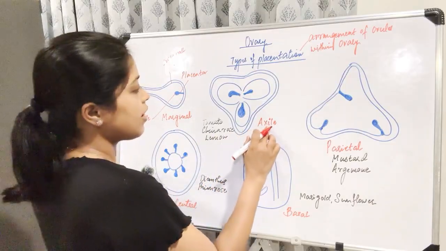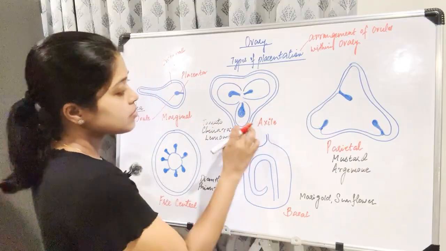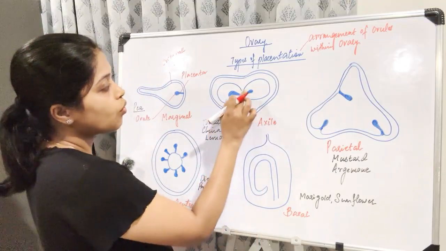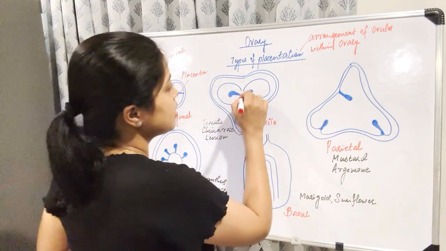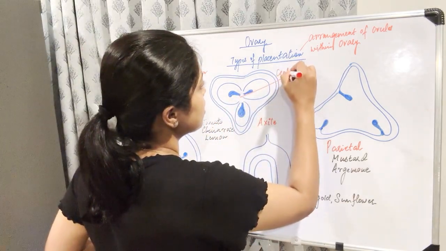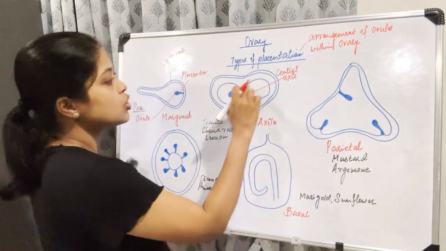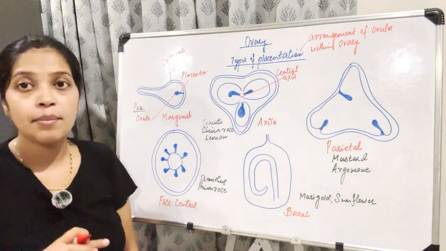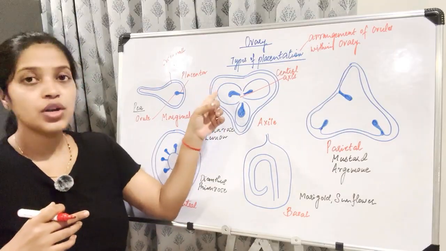The next we have is axile placentation. Axile means here the ovules are present at the central axis. This condition will generally happen, for example, in this figure you can see it is